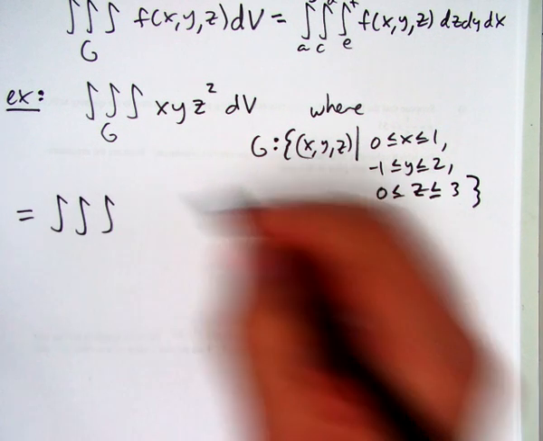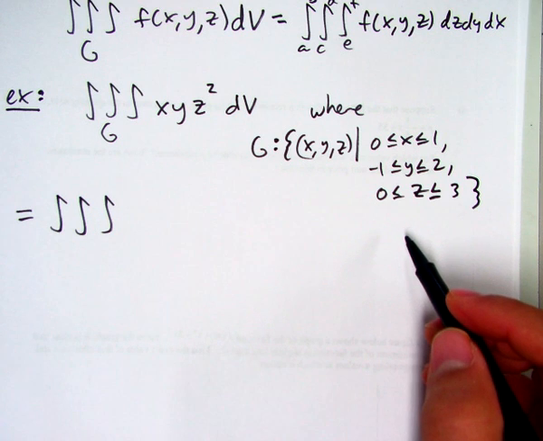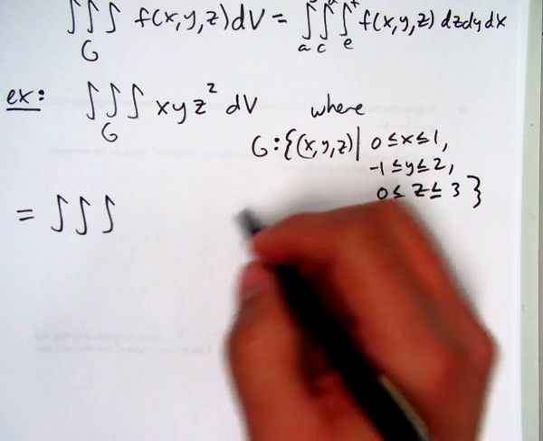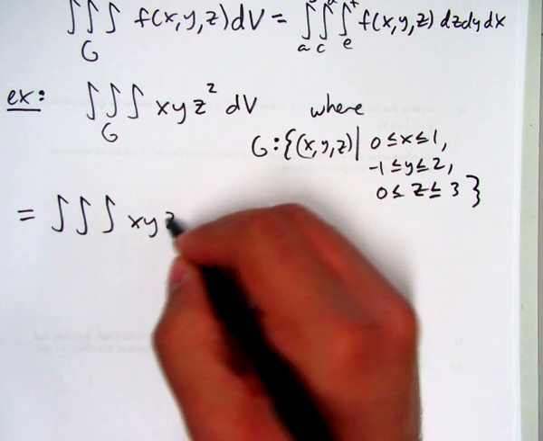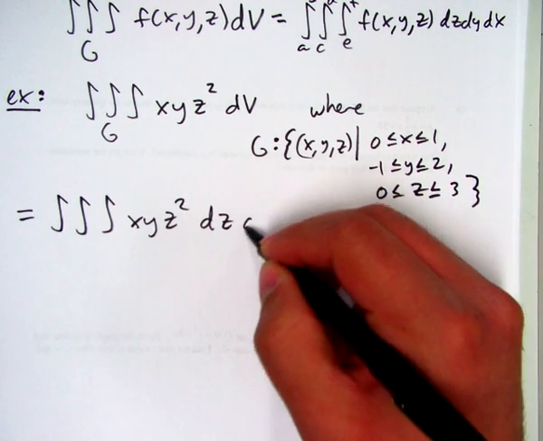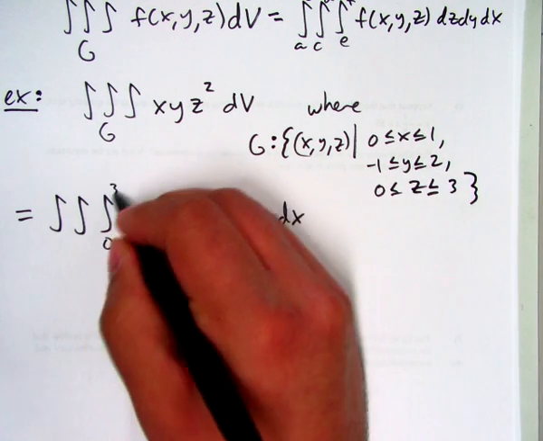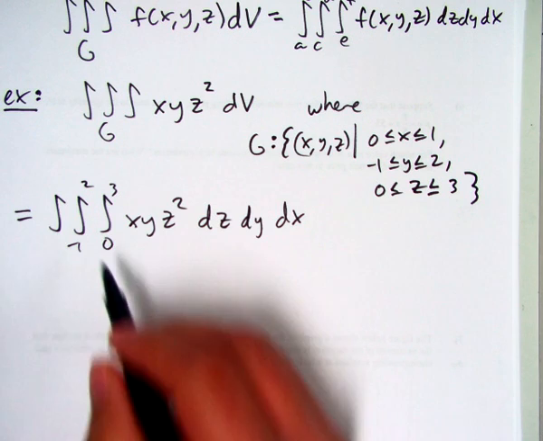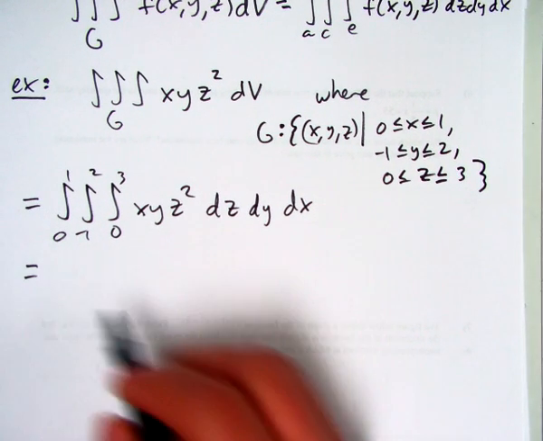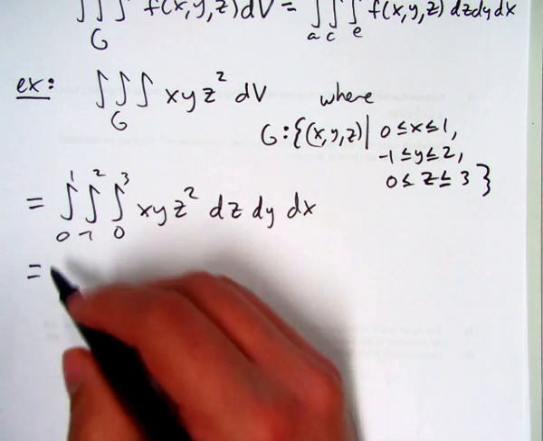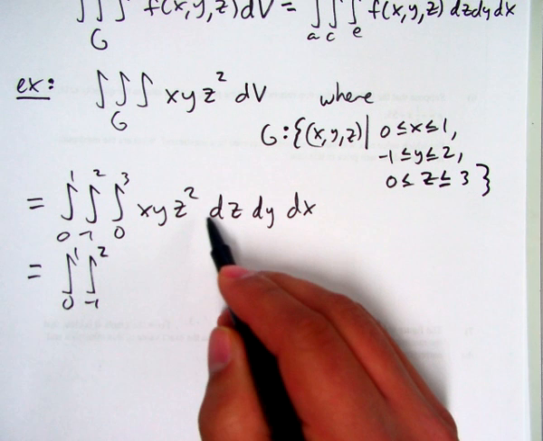Since these are all constants, again, we can set them up however we want. Usually the convention is to go dz first, just like we like dy usually, unless there's a good reason to switch it. So I'll go z first, and then go dy dx. So z is from 0 to 3, y is from negative 1 to 2, and x is from 0 to 1. Okay, and again, you guys know how to do this. It's just one extra time that we have to integrate. When you integrate the first time, the integral of x, y, z squared with respect to z